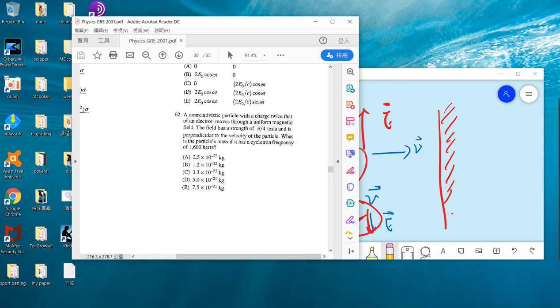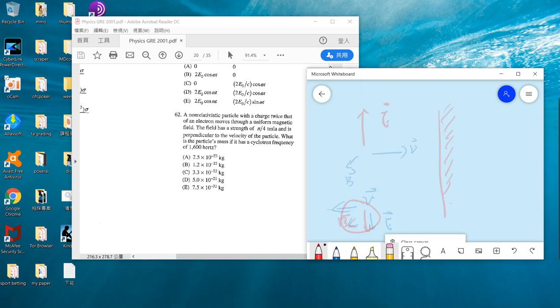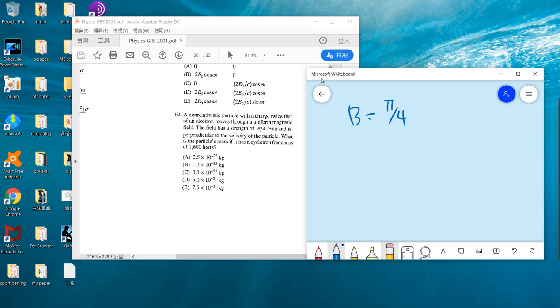Okay, 62. You have a non-relativistic particle with charge twice that of the electron moving through a uniform magnetic field. Okay, the field makes an angle of pi over 4 and it's perpendicular to the velocity. So basically qvB just equals mv squared divided by r, or m omega r, and then this v is just omega r. So from here we can get